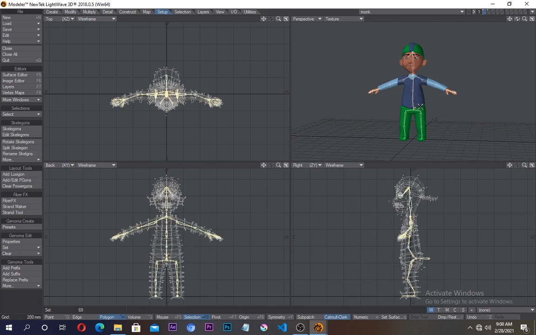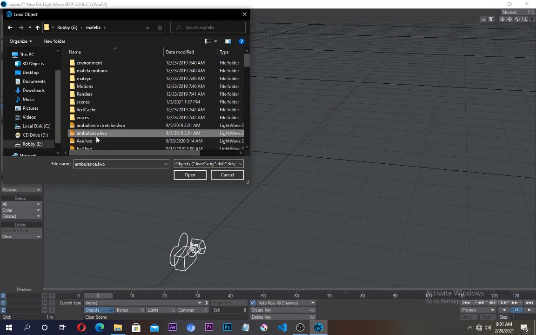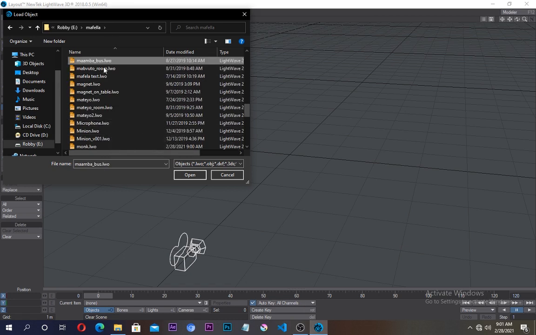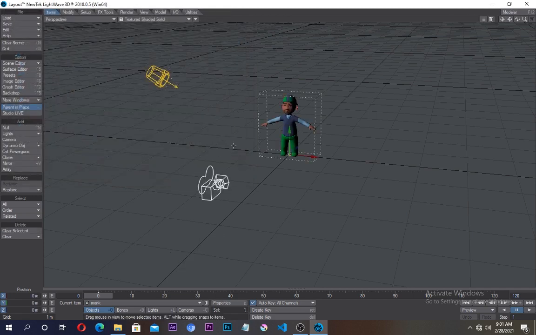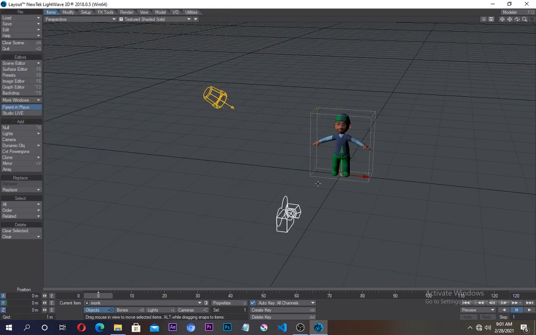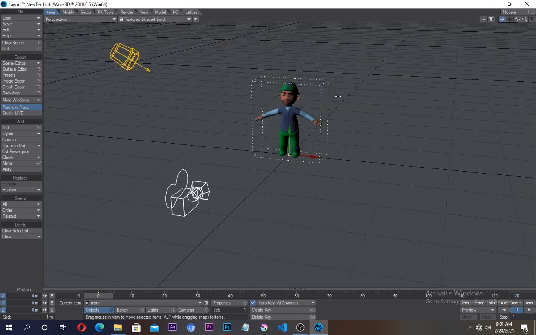I'll save this, and now we can go into layout now. So in my case, apparently I opened two modelers. I don't know what happened, so otherwise I would have just gone to the corner here and said send object to modeler, but instead I have to open layout and then just look for the character itself. So here's the character, and just push this button here. Okay,